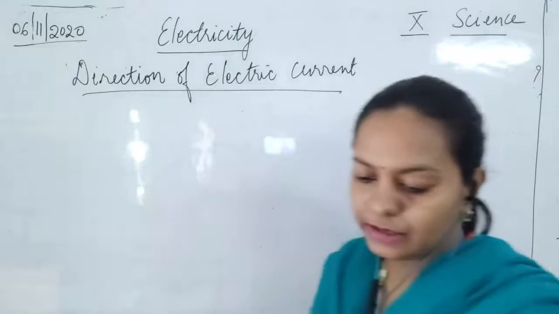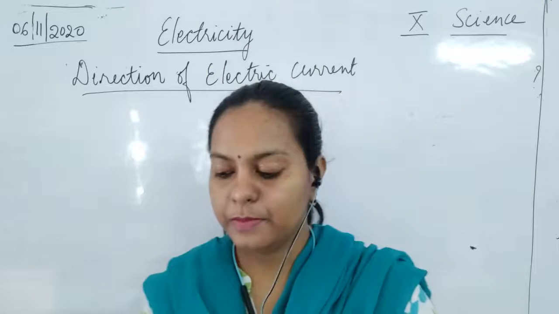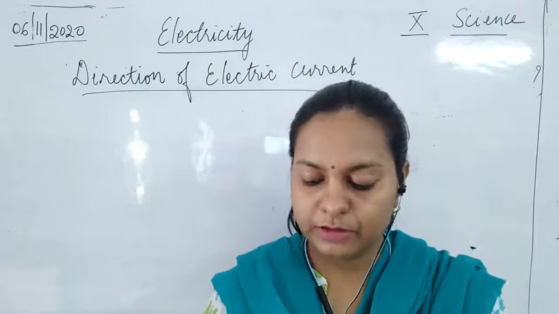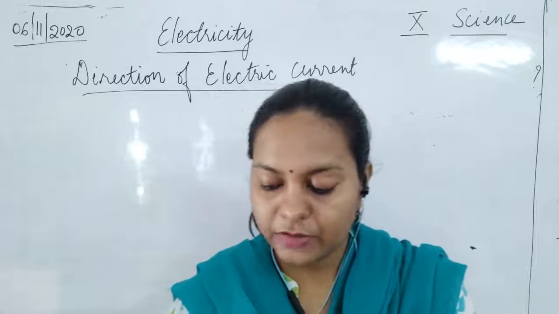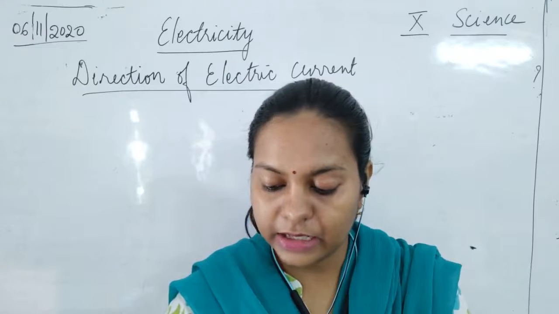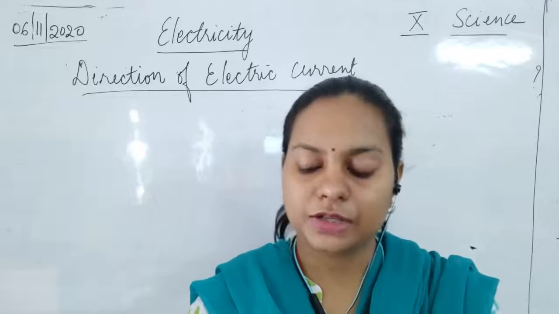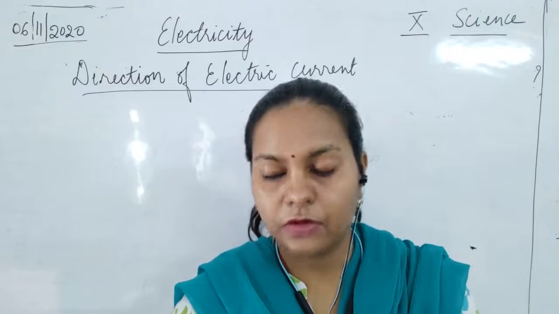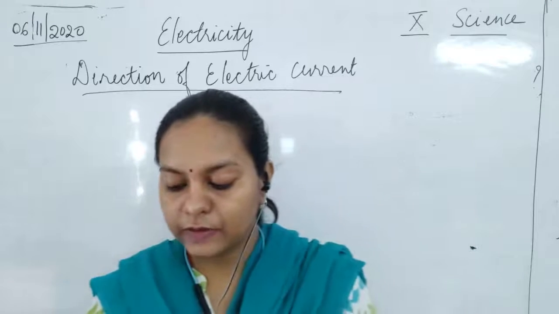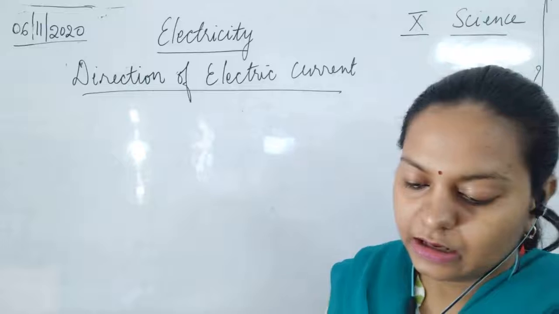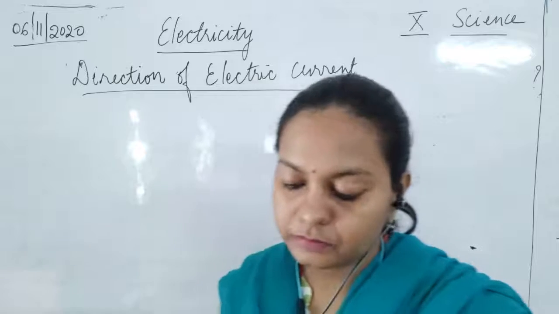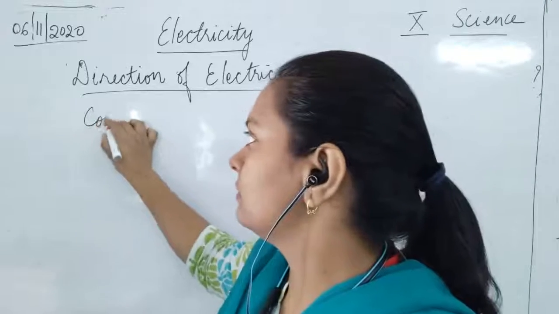When electricity was invented a long time ago, it was known to have 2 charges, positive and negative. But the electron had not been discovered at that time. So the electric current was considered to be the flow of positive charge, and the direction of the flow of positive charge was taken to be the direction of the electric current. The conventional direction of electric current is from the positive terminal of the battery to the negative terminal of the battery through the outer circuit.